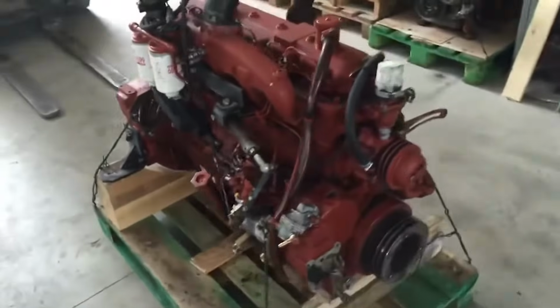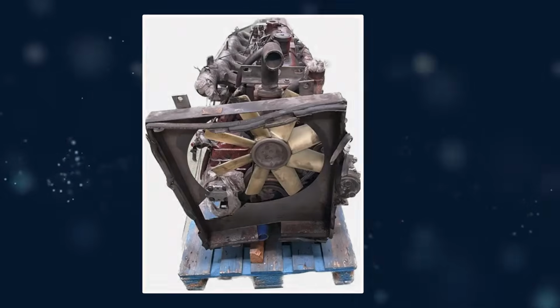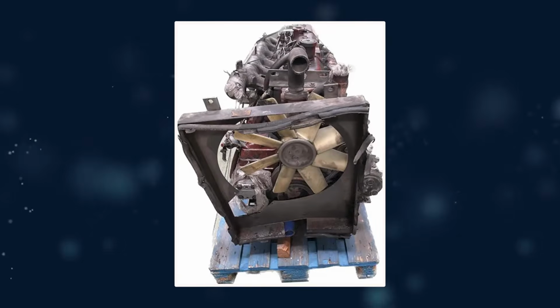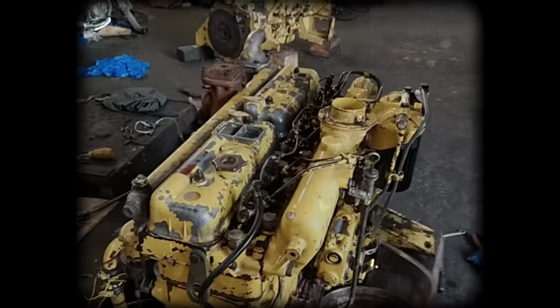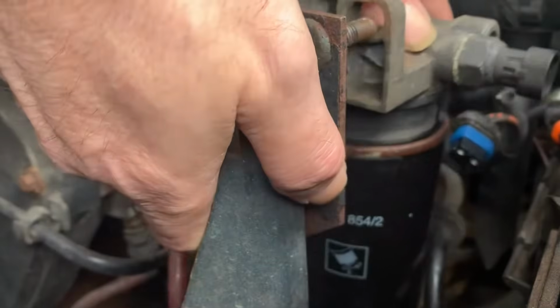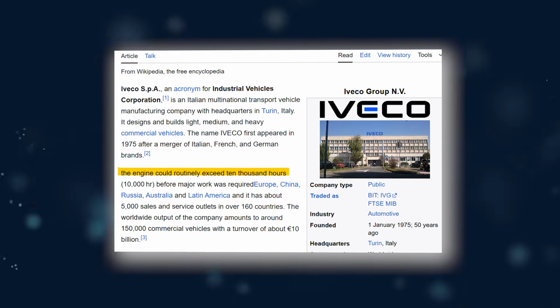The engine's cooling and lubrication systems were also engineered with endurance in mind. A high-capacity radiator and belt-driven fan kept operating temperatures consistent under prolonged load, while the full-flow oil system maintained pressure even during extended operation. With regular oil and filter changes, the engine could routinely exceed 10,000 hours before major work